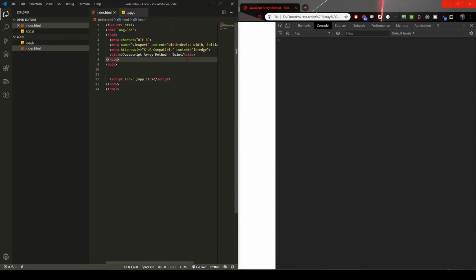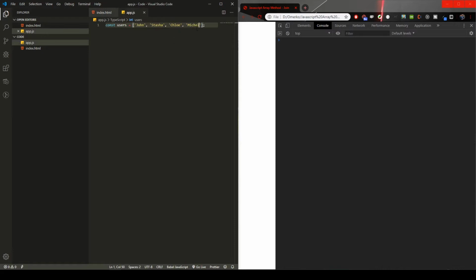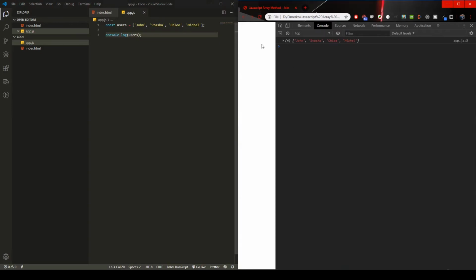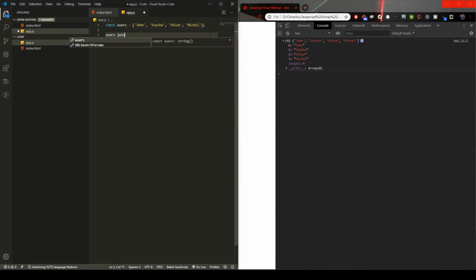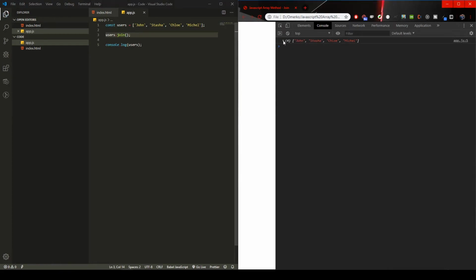So the next method is called the join method, and it will give us the option to use our array as a string. So if I would console.log users, and I would refresh the page, you could see our users here. So now if I use users.join, and if I refresh the page, it will show us the same, obviously, but